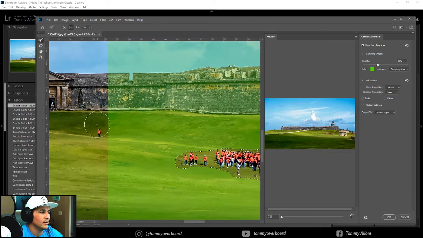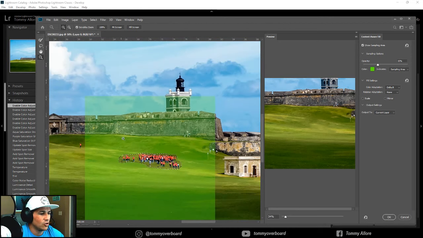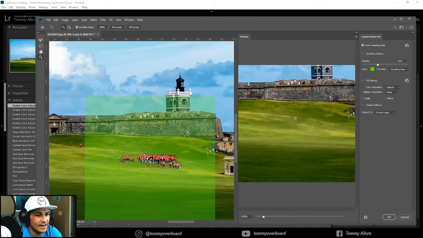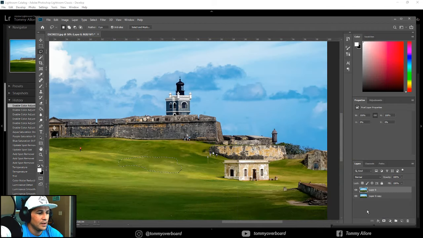So now what's happening is Photoshop is everything in green here is what it's going to be pulling colors from, and in this case it did a pretty good job. If I just go in here and look at the preview window, I can see that they're pretty much gone. But sometimes it doesn't do a great job. It'll pull some of like the castle or other people into your removal, your selected area, and you can go in here with your little tool and remove what you don't want Photoshop to use. In this case, it looks great, and I don't really have to mess with it, so I'm just going to go ahead and hit OK. And just like that,